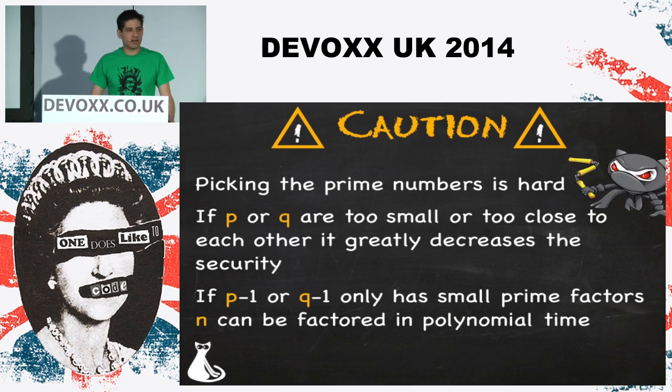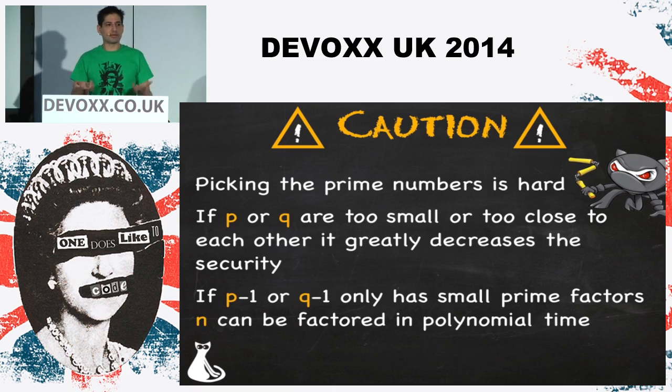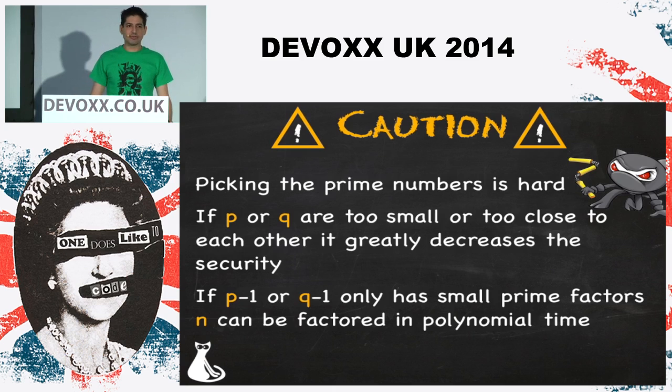I think at the moment the current recommendation for RSA is 1024-bit keys. It's going to go up. In fact, it's already been recommended to go up in the US to 2048 this year. So they're having to up the prime numbers, because the problem with small prime numbers is that they're easy to crack. The problem with big prime numbers is they add more computation to your encryption and decryption.